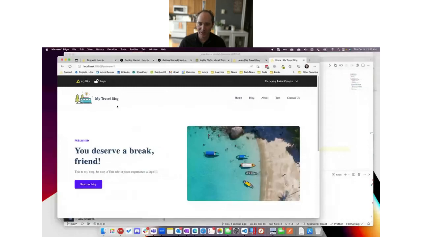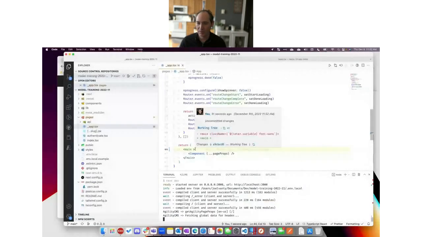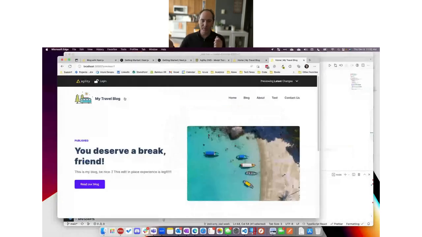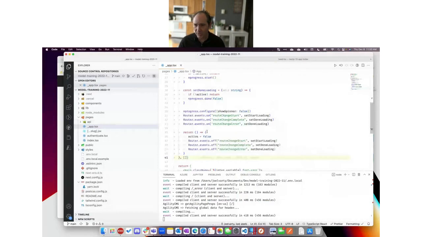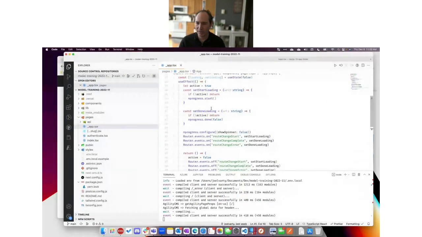You can see now I'm on the good old default font, not very nice. But if I put this back in here, it loads the font, but it does it in a really effective way, and it fixes all of the slow font loading problems that come with that. Okay, I've also got this progress bar hooked up here, so you'll see it's kind of subtle, like this